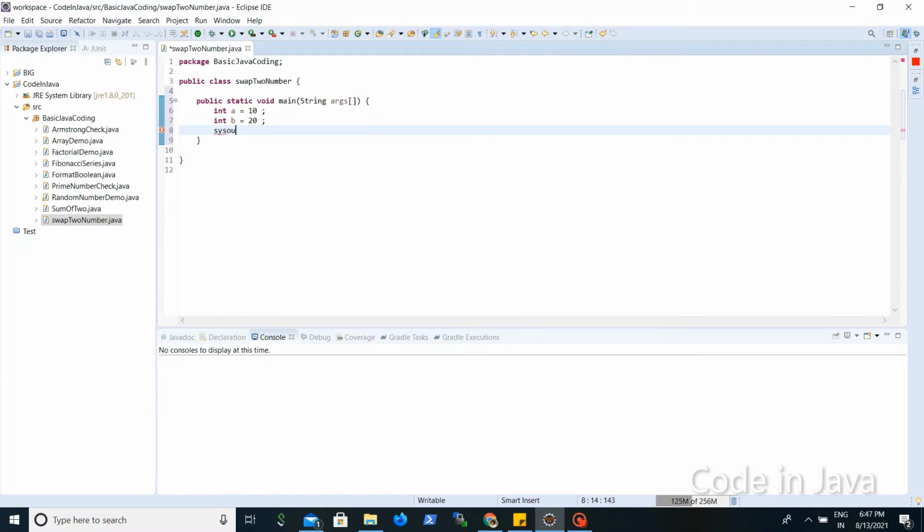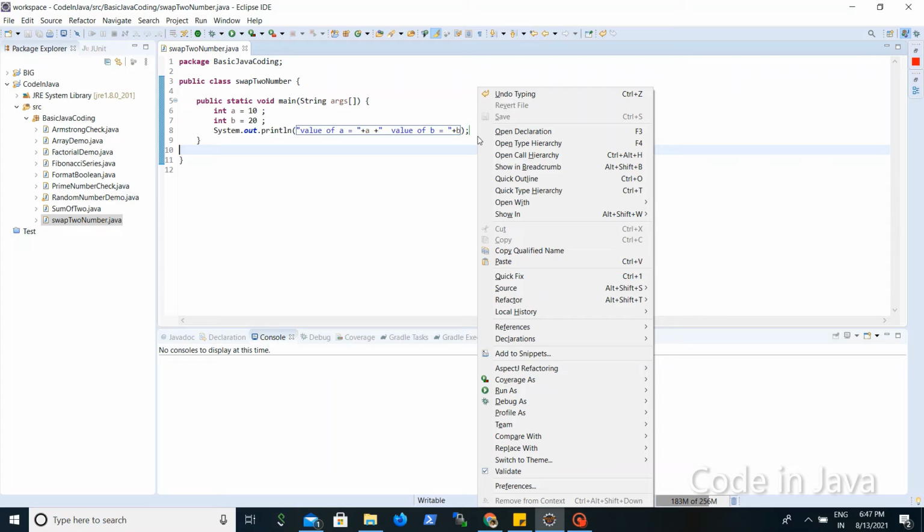So if we print it now, we print the value of a, like a is equal to, and in the same way we print the value of b. If we execute here, we will get a is equal to 10 and b is equal to 20.